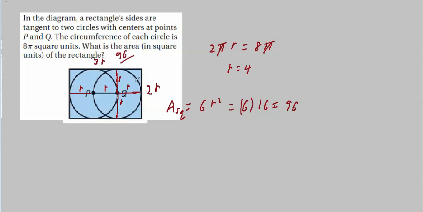And again, this one was pretty easy. Just keep in mind what tangent means. They share this one point on the outside of the circle. That's how you knew that this side was 3r going this way and 2r going that way. And as long as you can remember your formula for the circumference of a circle, you can plug it in, get the radius, and then everything falls out pretty easily.